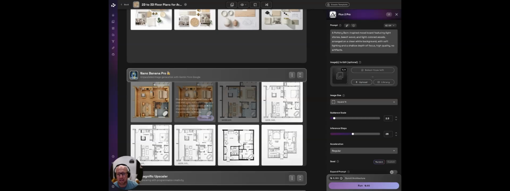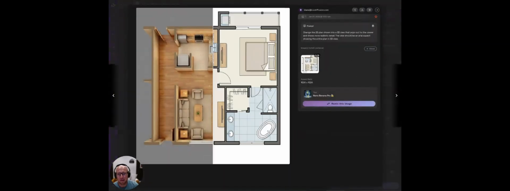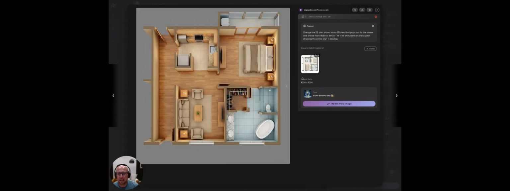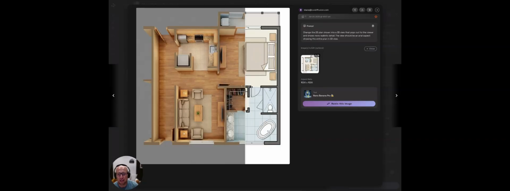And so I've taken this image here. Now this is my basis image, and I'm saying change the 2D plan to show that in a 3D view that pops out to the viewer and shows more realistic detail. The view should be an aerial aspect view showing the entire 3D floor plan. And you can see that it's kind of done that here pretty well. It really understands well what a closet is,